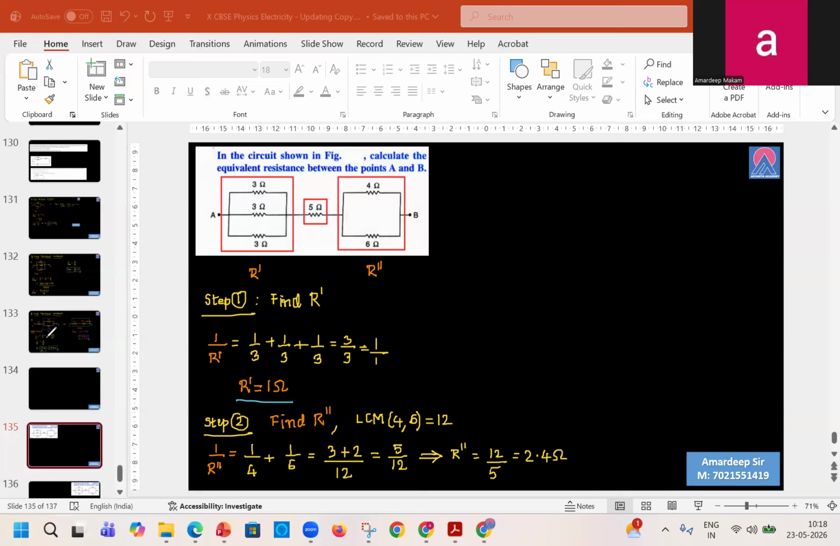ओके, 2.4 ओम. ओके, पहला कितना आया था? 1 ओम. हाँ या ना? हाँ सर. This is how much? This is r double dash. Okay, so now this entire circuit can be rewritten as,